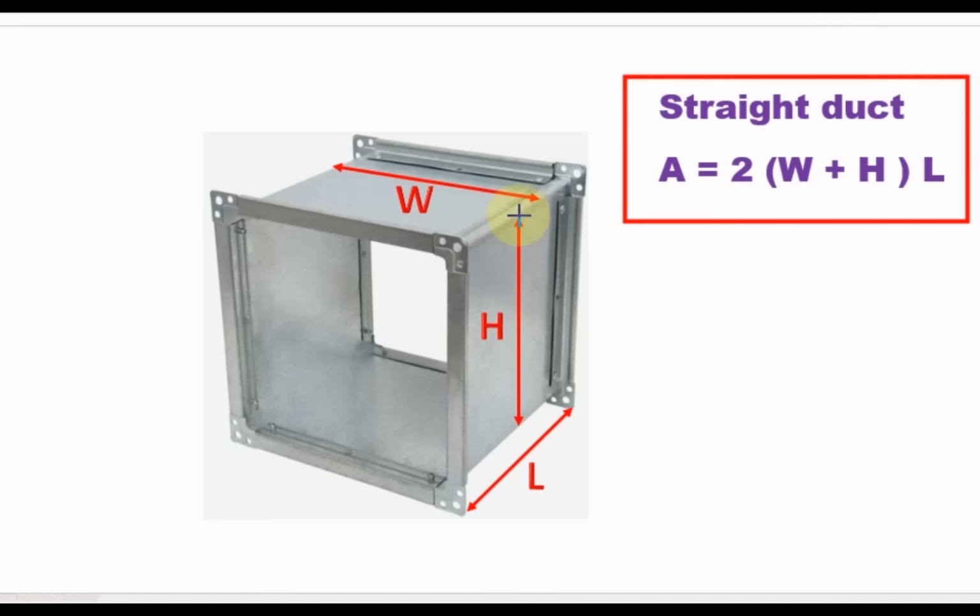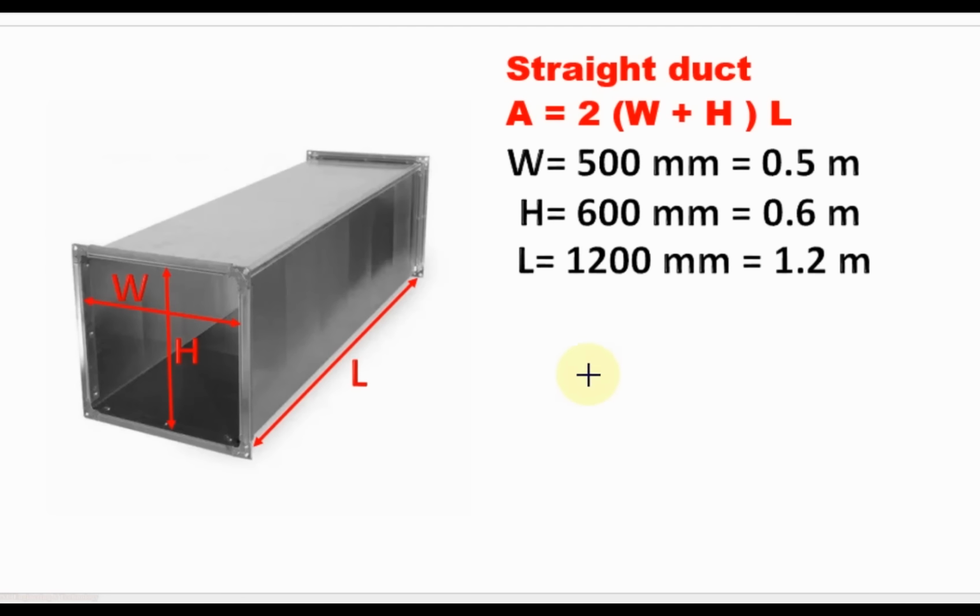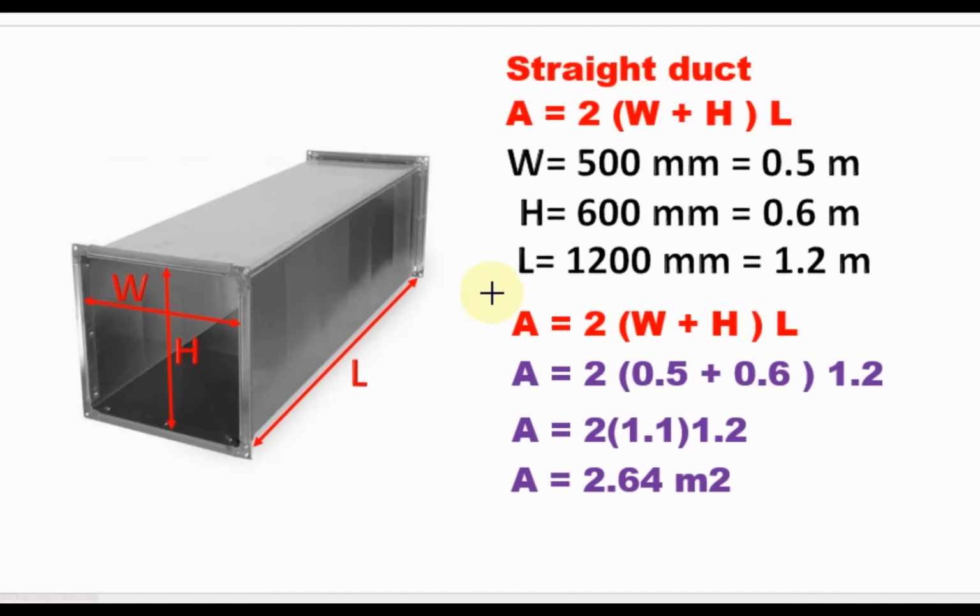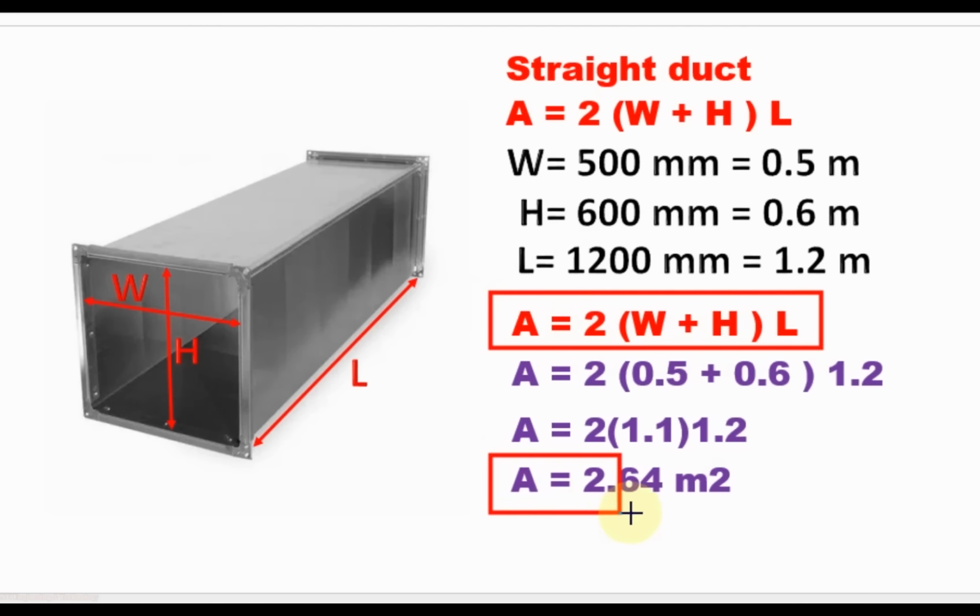You can see in this picture, this is the width of the duct, this is the height, and this is the length. We have a straight duct, we'll calculate the area for it. For this duct, width is equal to 500 mm, height equal to 600 mm and length equal to 1200 mm. When we apply these values in this formula, we calculate the area for this straight duct equal to 2.64